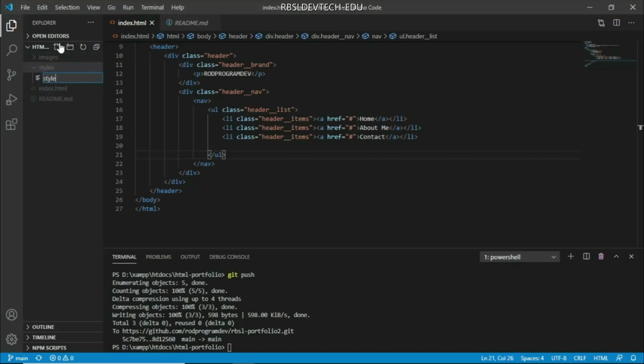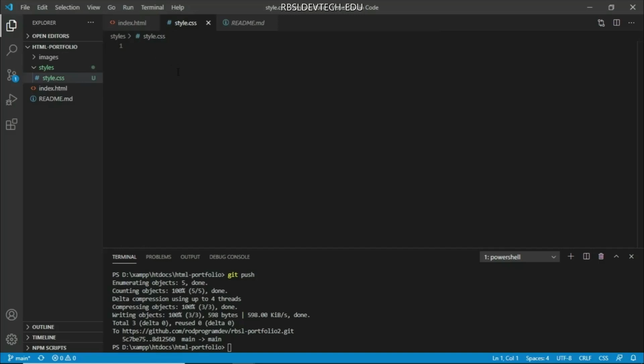So I'm going to name this style.css. And of course, let's go and try to add some universal reset here. Margin 0, padding 0, box-sizing border-box. Save that. And now let me just go and open my directory here that contains the images